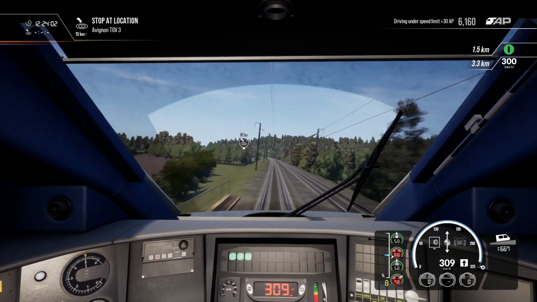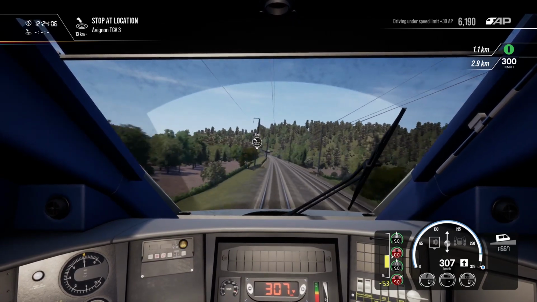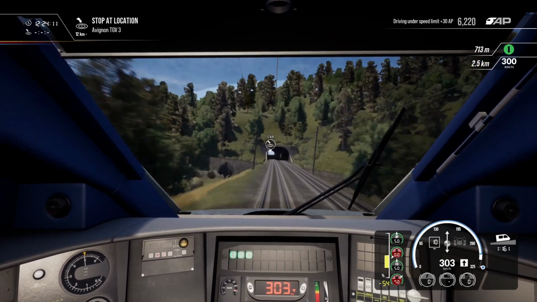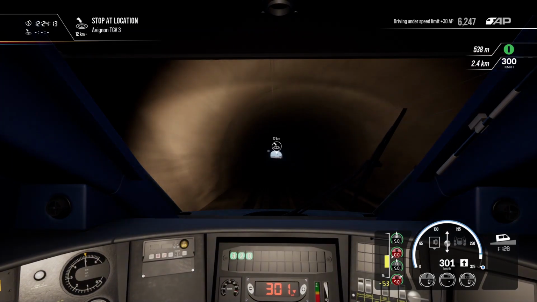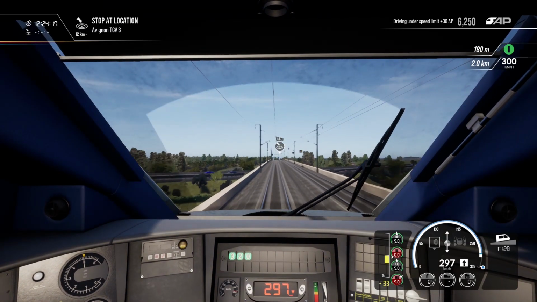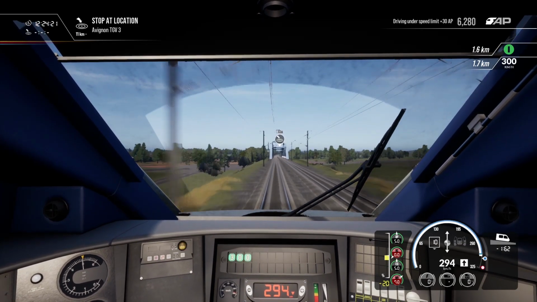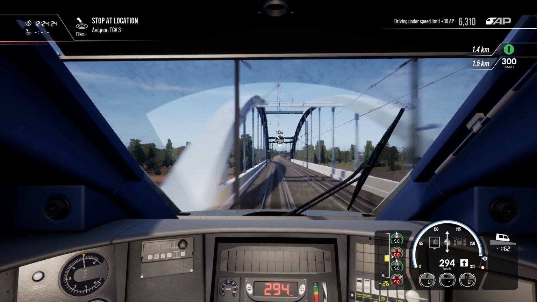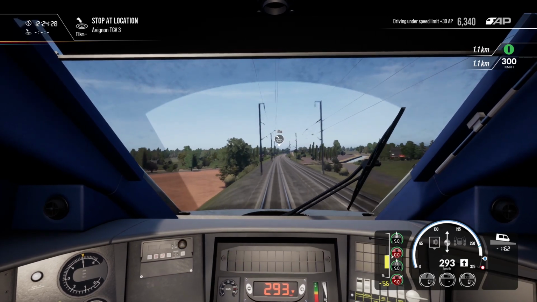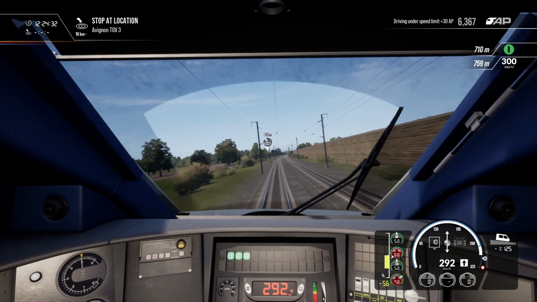There we go, down to 290. Okay. The trains are in a 3x2 seating configuration. They don't even have headrests. They're rock solid. There's no first class. They're noisy. They're good as commuter trains, but you wouldn't want to be stuck on one of them